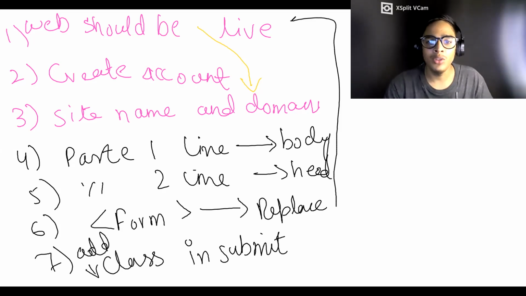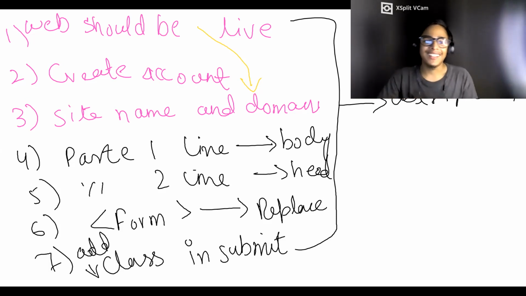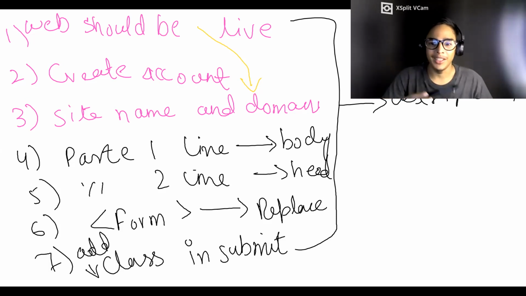I will give you all these steps in the description. Don't worry about it, and leave the handwriting, because using this marker is very difficult.